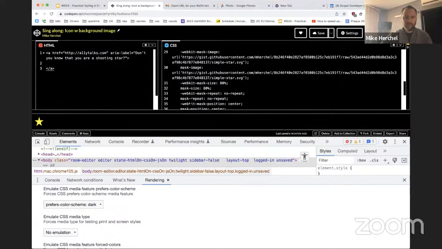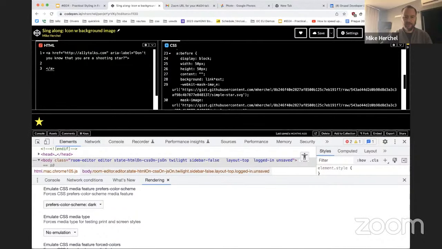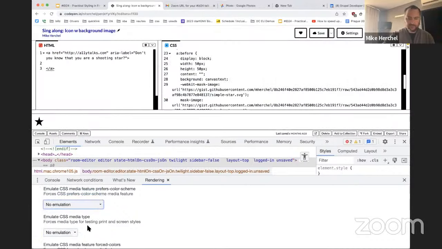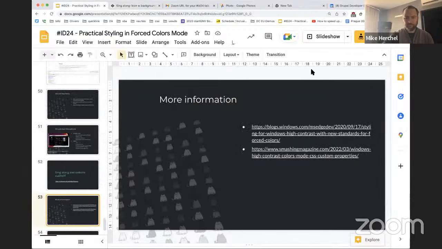We have the color shining through right here. We're using link text. You can also, of course, type canvas text, and then it'll change the color between the link text and the canvas text. That's pretty cool. But once again, the biggest thing is just go ahead and test stuff. Testing stuff is important. So let me get back to my slideshow here.